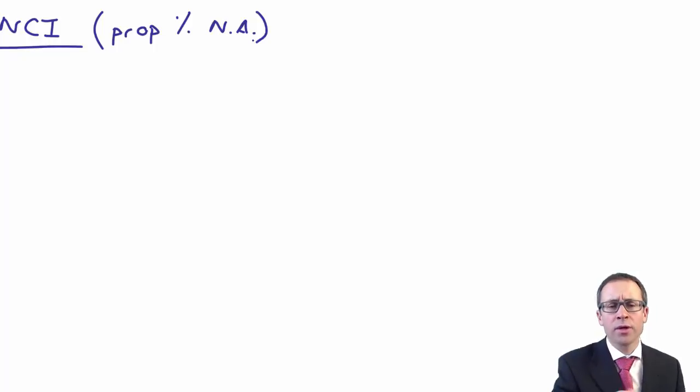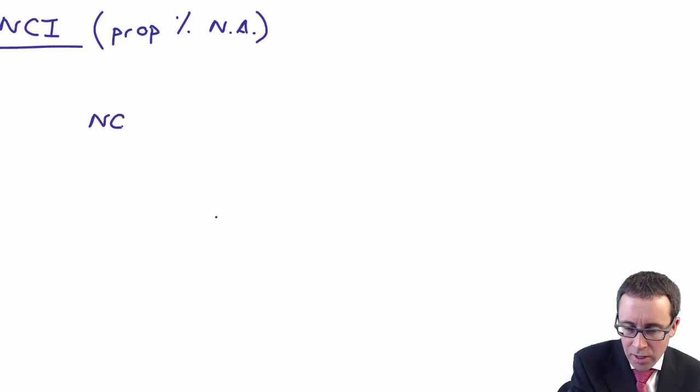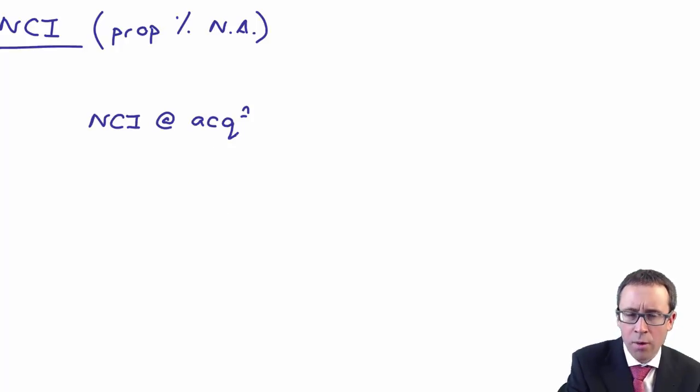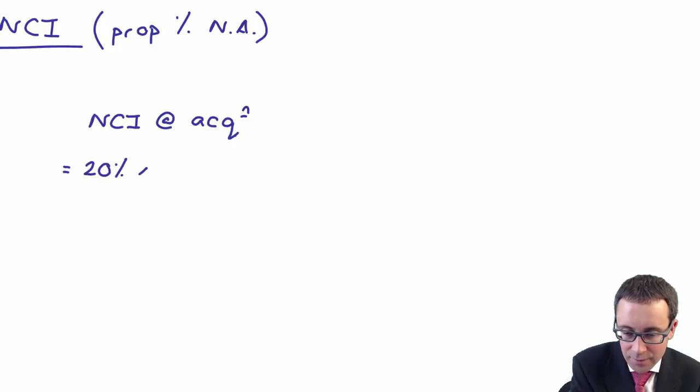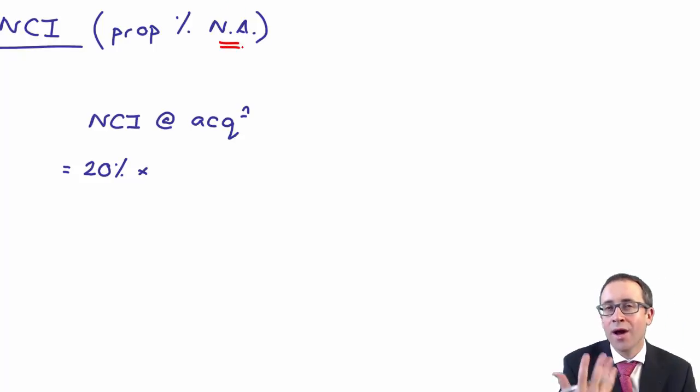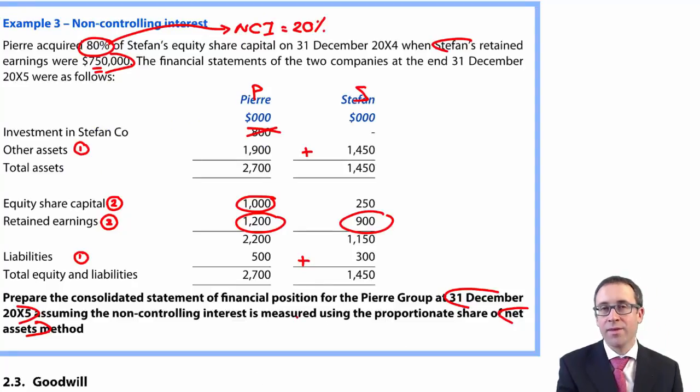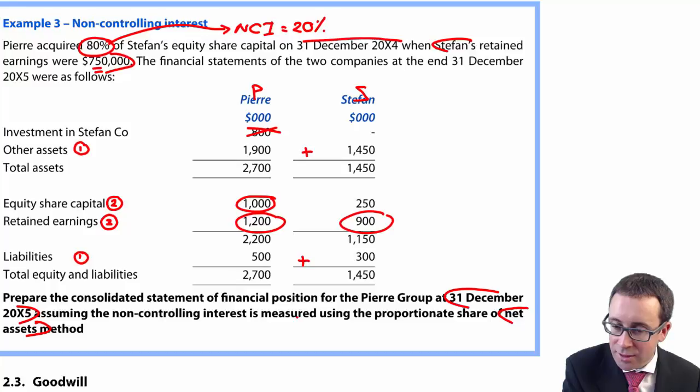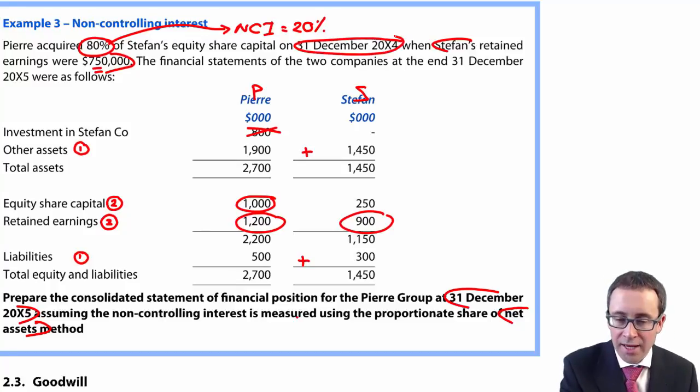Okay. So the way in which we're going to go through and calculate it is that we look at the non-controlling interest at the date of acquisition. Okay, what was the non-controlling interest when we bought the subsidiary? Well, the non-controlling interest is 20%, isn't it? Okay, and we're going to use the net assets at the acquisition date, which we don't actually know, do we? Because we're given the net assets within the question based upon the year end, aren't we? December X5. We need to work out the net assets at December X4. Well, we know the retained earnings are 750,000. We can see it up there, can't we?